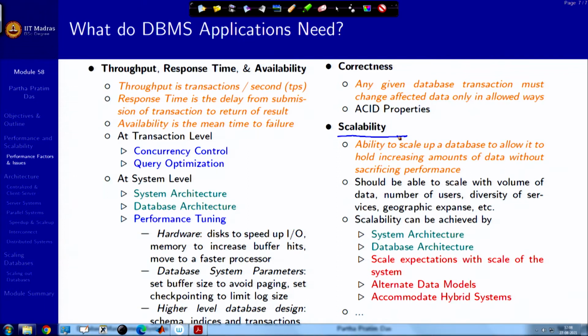The ability to scale up a database to allow it to hold increasing amounts of data without sacrificing performance. Increasing amounts of data is important, and without sacrificing performance is important. If you have more and more data and the throughput falls off or the response time gets bad, then the system is not scalable. So, in generality, a database should be able to scale with the volume of data, that I can increase the data